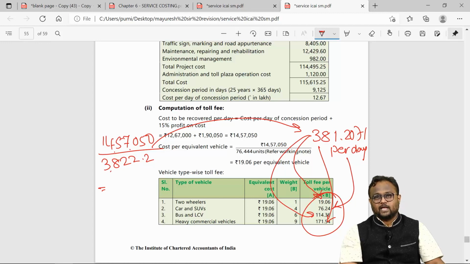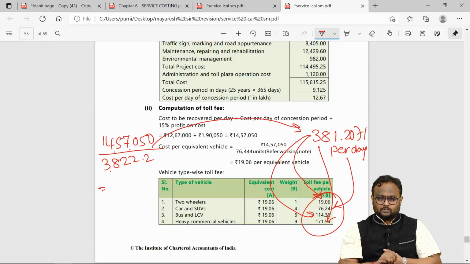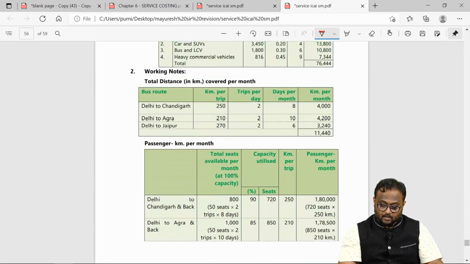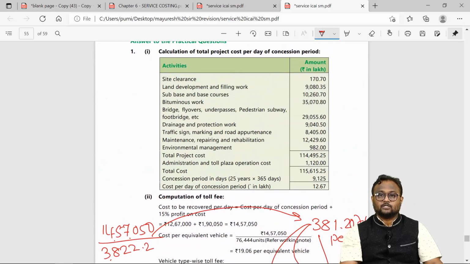So that was the only area where students generally are facing problem right now. I hope this discussion was of some use. And remember one thing you're just supposed to know: number of passengers into number of kilometers into trips into bus into days into month. That's it. This is what you're supposed to do. Instead of passenger, there can be tons. Instead of vehicles, there can be bus, truck, tempo, whatever. Round trip consists of to and fro, so it will be into two. One-way trip is only one-way distance.